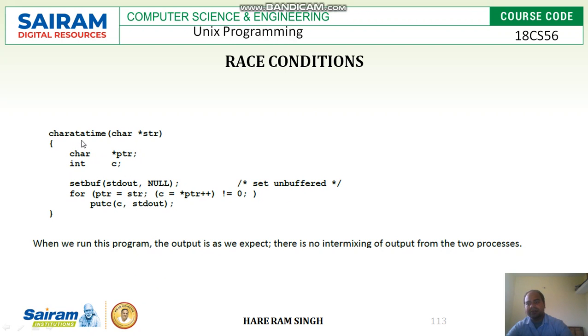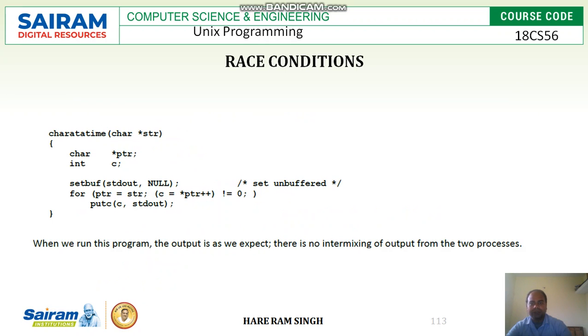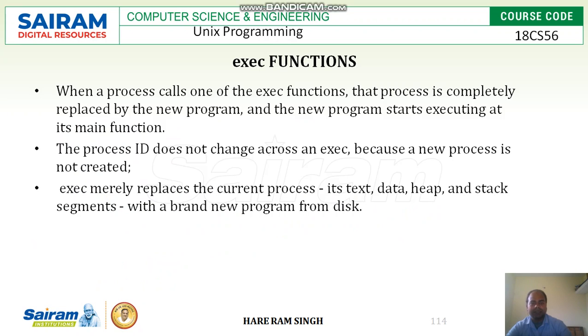Static void, and we define the same function: charatatime(char *str), char *ptr, integer c, setbuf(stdout, NULL), ptr equal to str and c equal to *ptr++ not equal to 0, putc(c, stdout). So when we run this program, the output is as we expected. There is no intermixing of output from the two processes. The first output we get is from the parent process, and then from the child process. So this is all about the race condition. So in the next video we will be